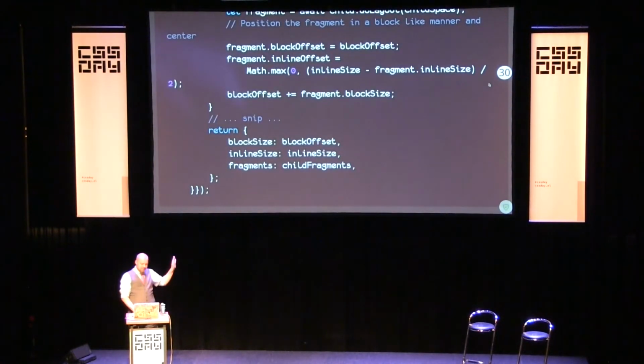This next bit is complicated. I won't go over it too much. This is just if you're in a multi-column situation or something like that, where you might only get to lay out half of yourself and then the rest comes out at the top of another column. This is how you can store some information and get restarted later with the leftover stuff. Here, whatever much block offset you've used up, how big you are, and what children are left over are information that you might need to restart yourself with.